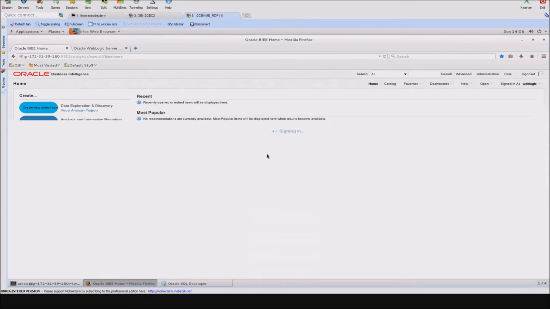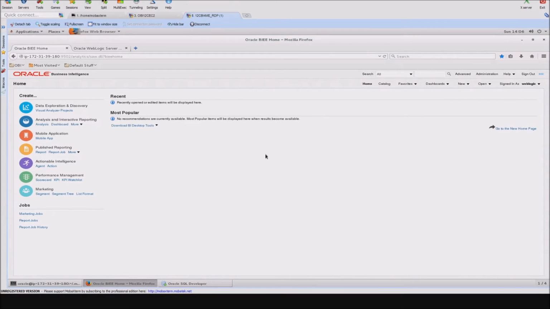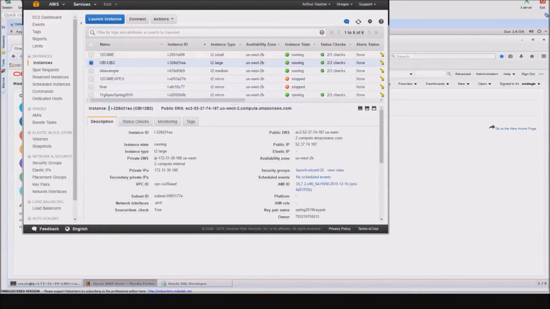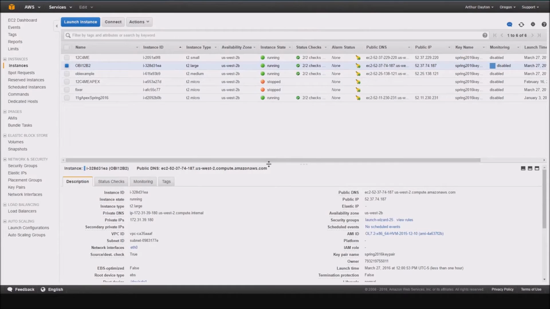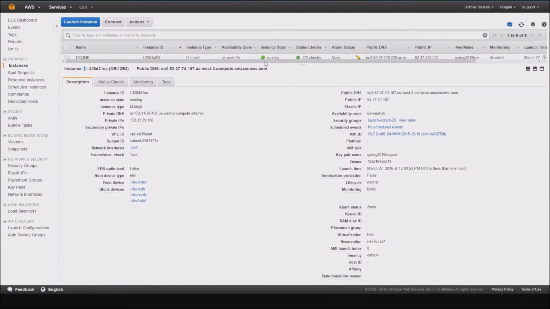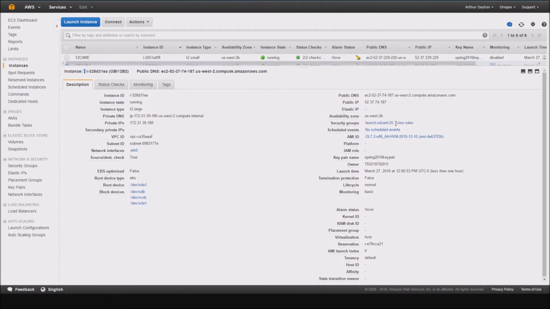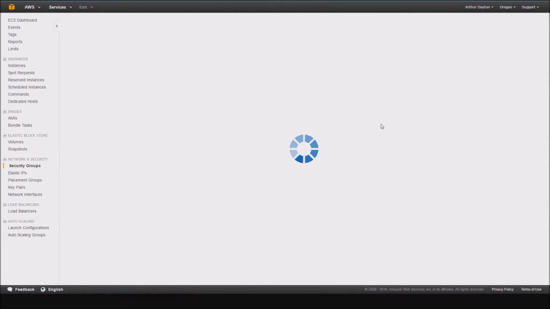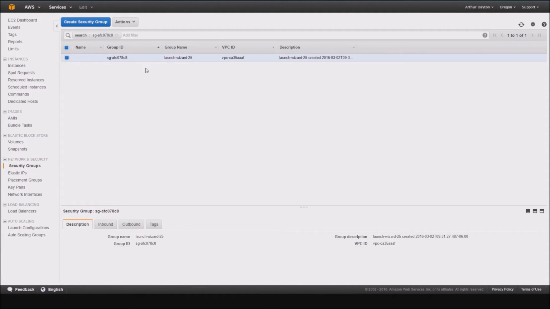Now, if you want to be able to access these instances from outside your Linux instance, it's pretty simple to handle actually. And the way that we do that, I'll just pull this over here. As you can see, I have got my OBIEE instance sitting here, and you can see that we have these rules for our security groups, and we had talked about this at the beginning. What you want to do is actually make sure that the